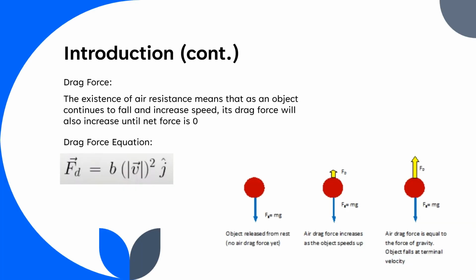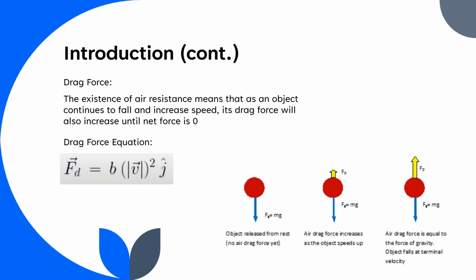Now we will briefly touch upon drag force, which will be demonstrated in the second computational model. Drag force models the existence of air resistance in which an object falling from an elevation will be hit by an opposing force from air particles, which will continue to hit the front of an object in an effort to slow it down. This opposing force increases as the object gains more speed the longer it falls, until net force